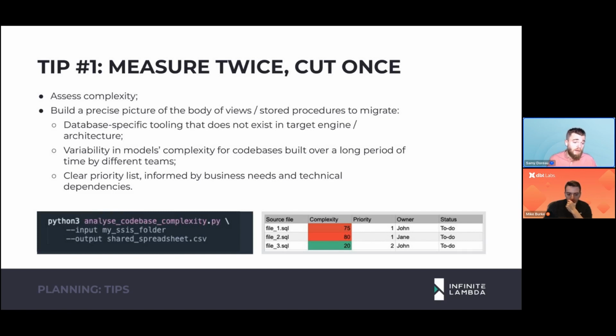views or stored procedures that you want to move to DBT. Now, before actually going into the details, one caveat here is that most of my examples are based off a migration project which is actually a little unusual, because it is a migration from SQL Server to SQL Server, but with DBT on SQL Server. Unusual because usually when people upgrade their data warehouse, they choose modern data warehouses like Snowflake, GCP,